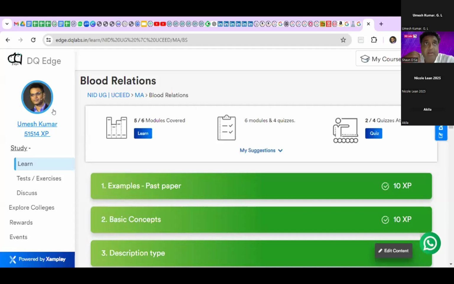Let's say I take the 2023 actual past year paper and the 2022 actual past year paper on DQ Edge. As a student, I should study and understand, oh, these are the type of questions being asked, this is how difficult they are, this is the range, this is what I know, this is what I do not know. It's like you're studying the paper. Once you've taken at least a minimum of 2 and 2, you're looking at the overall mental map, the actual map. Where am I going? What am I studying? So when you study on a regular basis, it makes more sense.